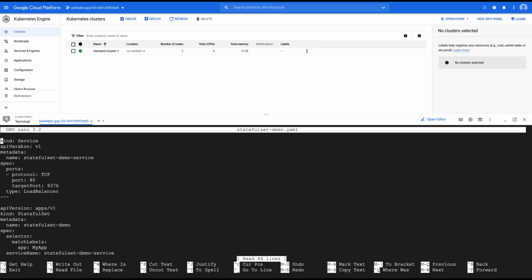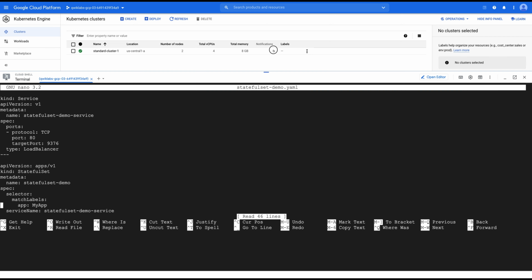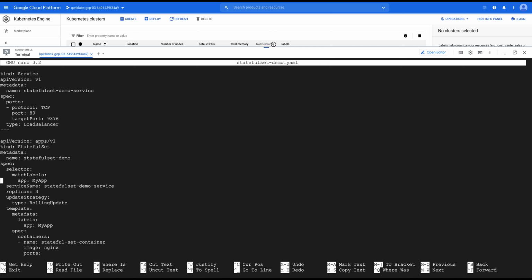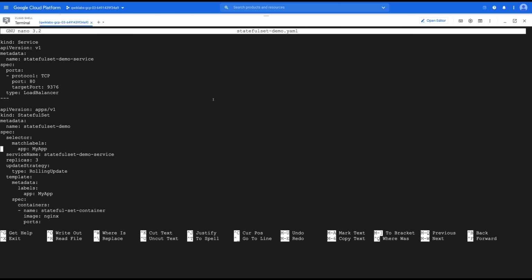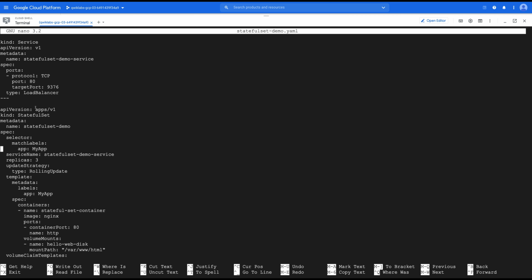So now here what I am doing, I am creating a... read it from bottom to up. I am creating a stateful set, and this is the name of that.